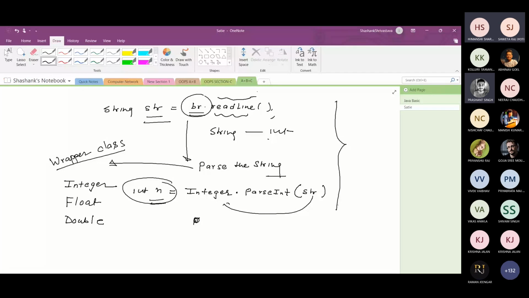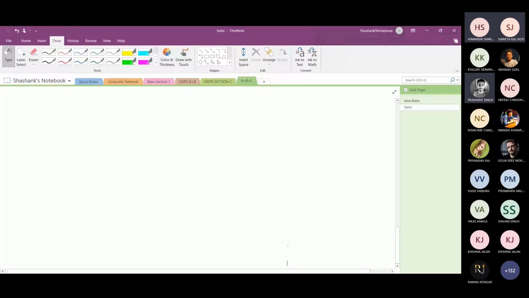Now another important class by which you can take the data from the keyboard is the Scanner class. There is another way to take the data from the keyboard. One was BufferedReader; the other is the Scanner class. This is simple, because in BufferedReader you first take System.in, connect it to InputStreamReader, then connect the InputStreamReader to BufferedReader, and then with the help of the BufferedReader instance variable, you can access the keyboard data.